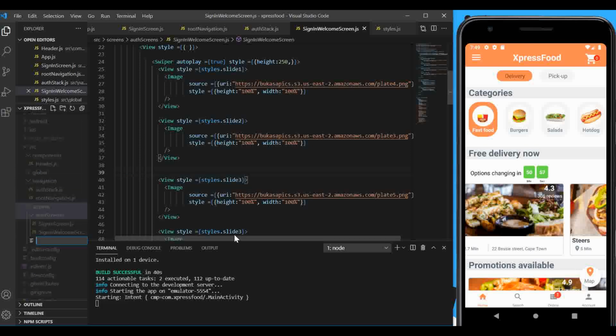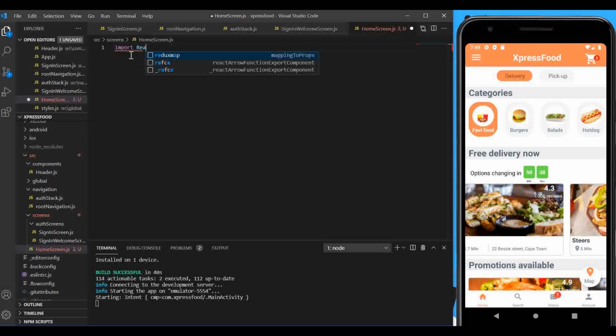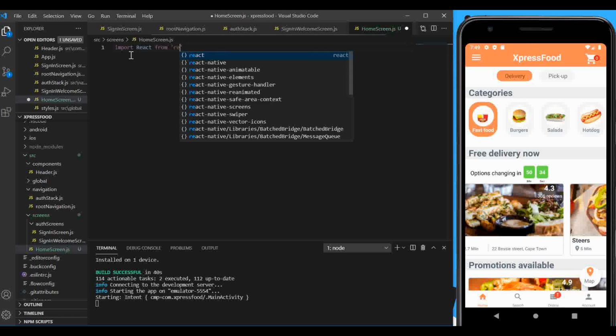Call this file homescreen.js, and inside here we're going to import React as usual. Import React from 'react',